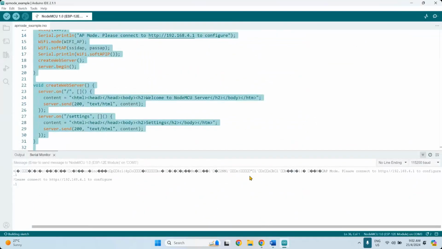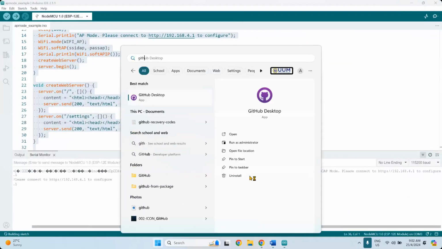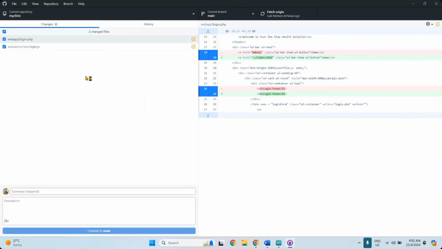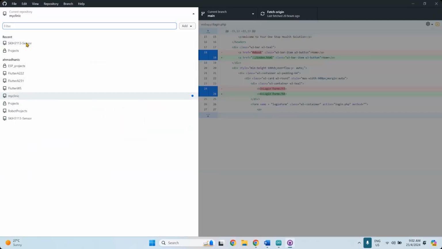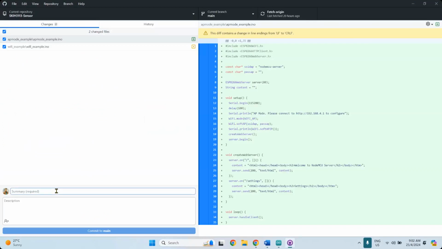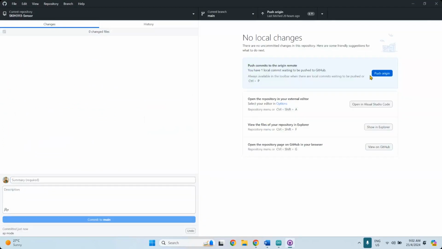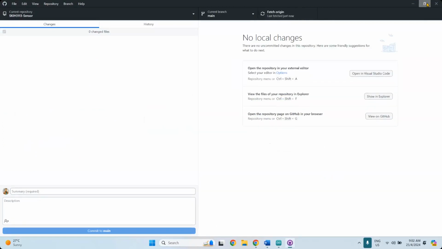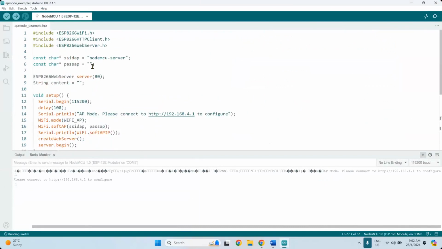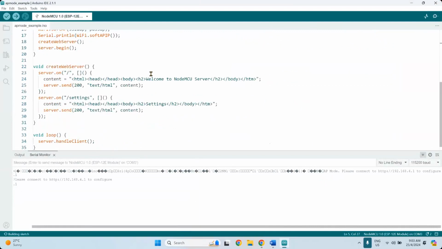All right, so I'm going to push this to my server, put it in GitHub, and then you can just access from there. This sensor one is updated with AP mode. Come to main, push. Okay, so you can get the code from there and give it a try, but make sure to change to a different server name. The one that I use here is non-MCU server, so you might want to change it to your name or whatever name you want to use.